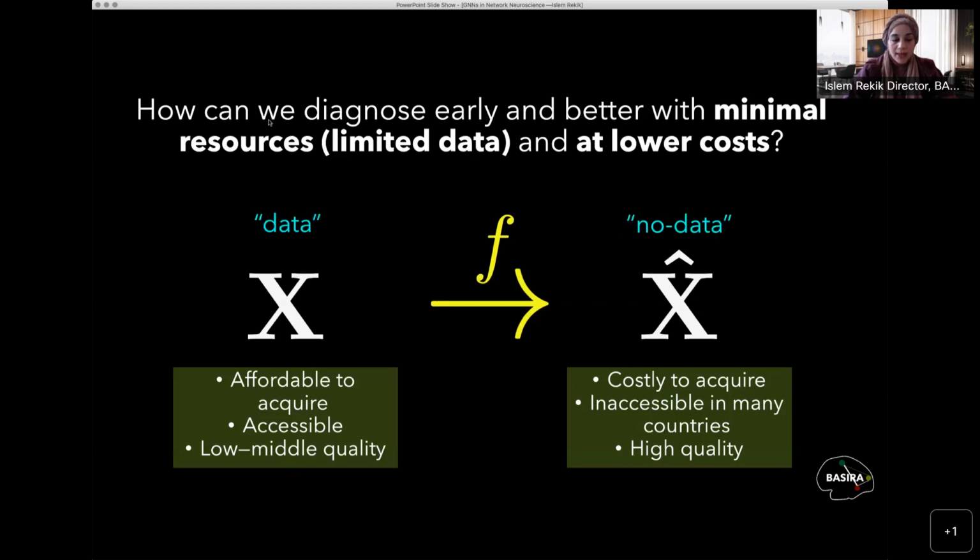So basically, if a particular hospital in the world has only limited resources, but here when we say limited, we still need to start from a particular imaging modality. We cannot start from zero. So for example, CT or ultrasound might be more affordable than MRI in particular countries. Okay, so we can start from there and then try to predict the costly, high quality data that we don't have the machine to acquire or to make the scan of that particular modality, like MRI. So getting MRI, for example, from CT.